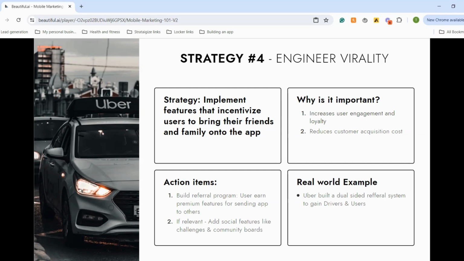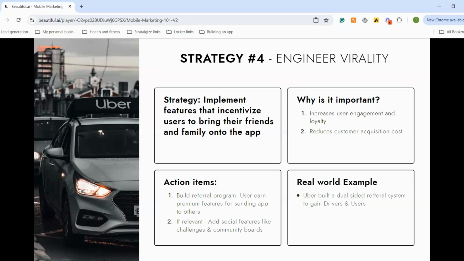Another potential action item here is adding social features, challenges, community boards, leaderboards. You do want to be careful with this. Don't add social features to something that really doesn't need social features. Like if you are a death planning app or a will app, those don't need social features. Don't try to add social features to everything. That has seemed to be a trend in the space over the past couple of years, where everything is becoming social. So if it applies to you, absolutely make sure that you are fully implementing those features. But if your product just isn't that social of a product, don't force it.